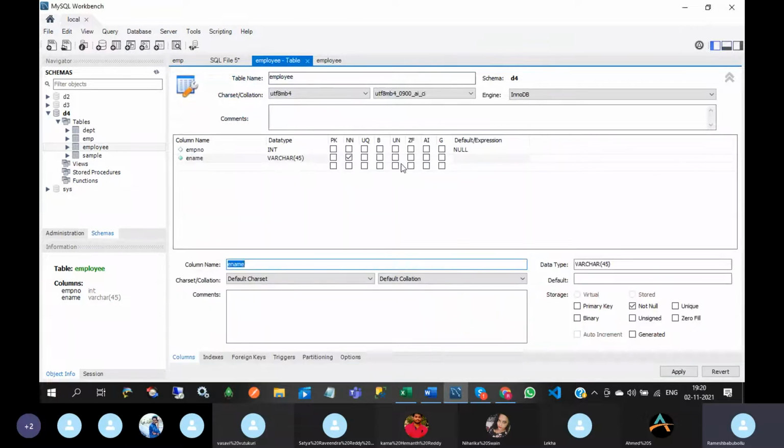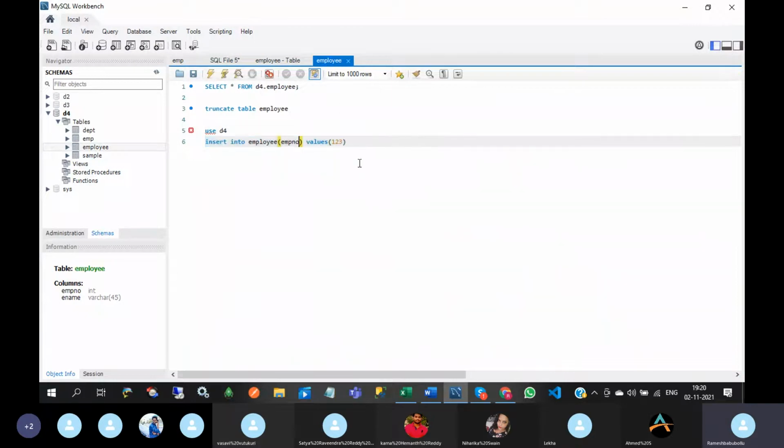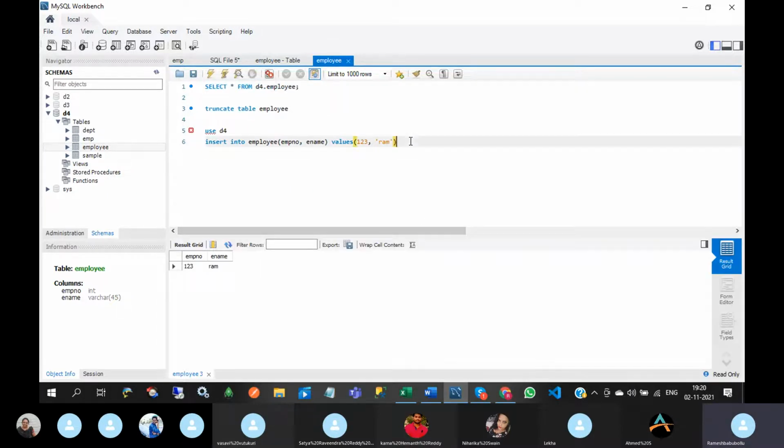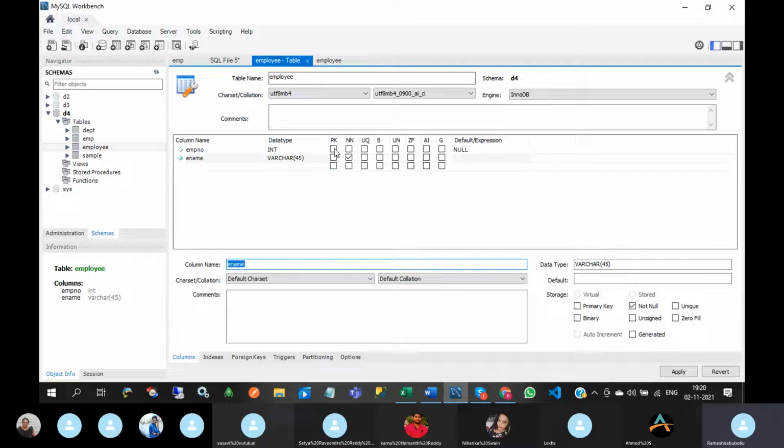It is throwing this kind of exception. So it is mandatory to give an ename value, then only it will allow the insert. So this is about the not null constraint. Did you understand the not null constraint? How to give the not null constraint?